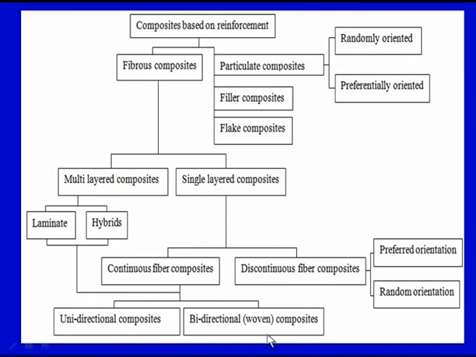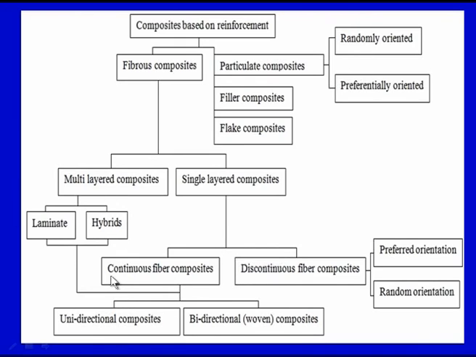So, the fibrous or woven mats we have seen in the previous slide, in which 4 different types of fibrous mats were shown: the glass fiber, the Kevlar fiber, the graphite fiber, and a hybrid between the graphite and the Kevlar fiber. When the fibers are in both directions, we can call them woven composites, because the fibrous reinforcement is in both the x and the y direction. Or we can have all the fibers in one particular direction; those are called unidirectional composites.